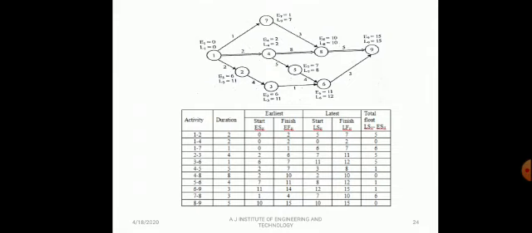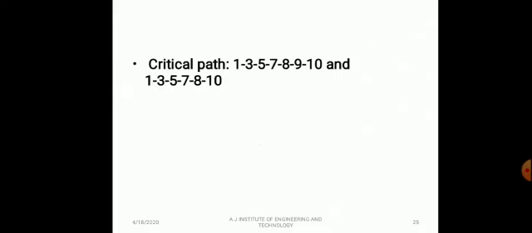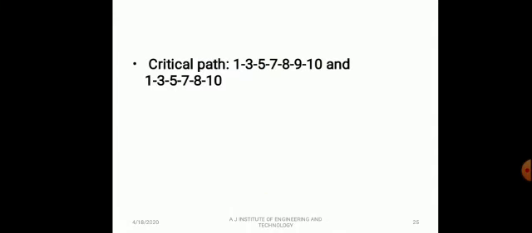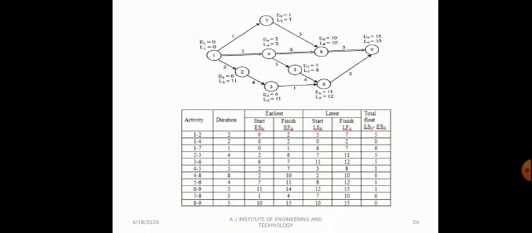In this case, you can see at event number 1 it is 0, number 4 it is 0, number 8 it is 0, number 9 it is 0. Therefore, in this problem, the critical path is 1, 4, 8 and 9. Project duration is 25 weeks. Sorry. 2, 8, 10, 10 plus 5, 15.